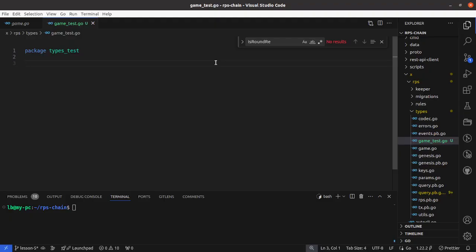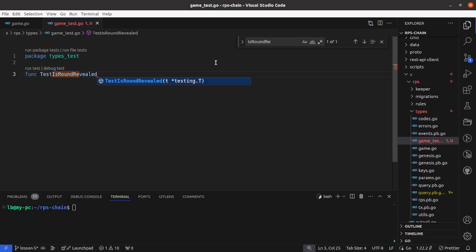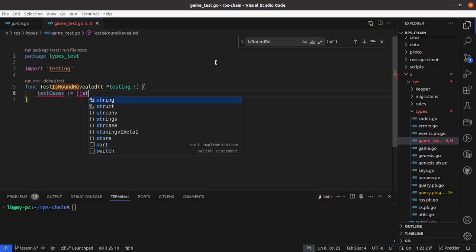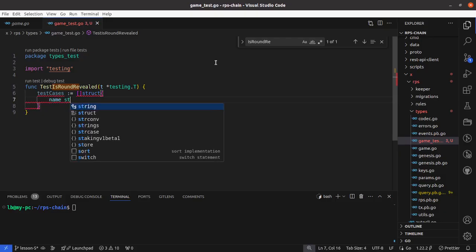And we can start by testing the function isRoundRevealed. And we are going to use the testing package. Usually these tests are table-driven tests, so we can test many test cases in these unit tests. So we are going to define a test cases variable. It's going to be a slice of struct with the name of the